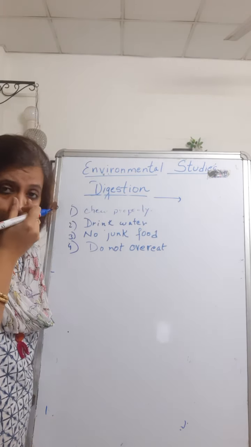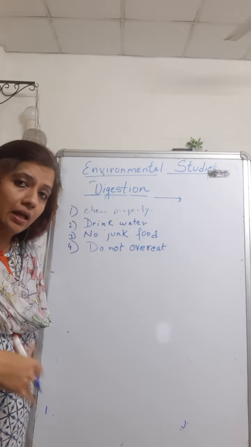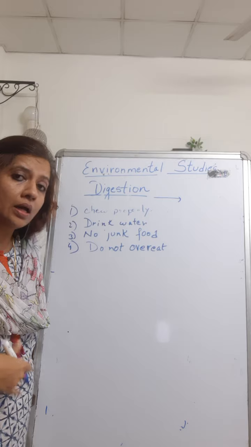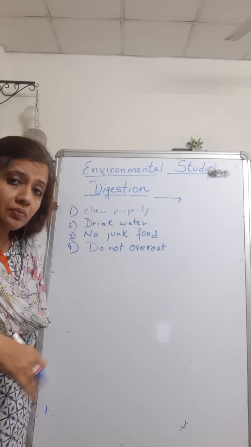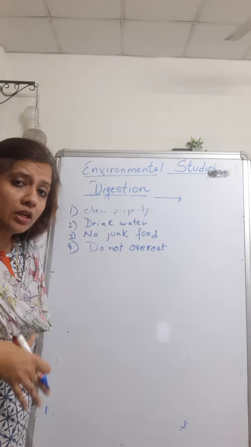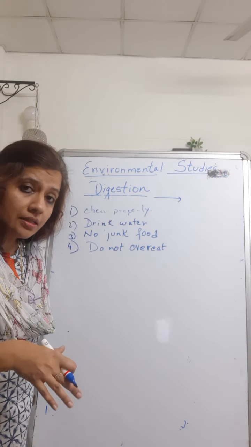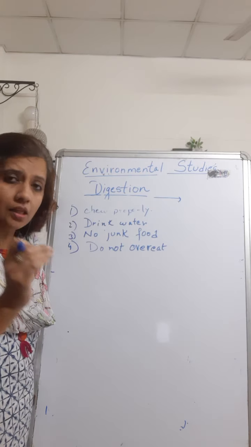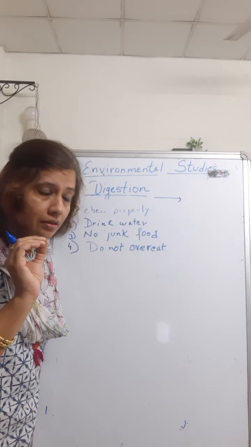And I've also explained each and every organ, the main organs, that is, the organs of the alimentary canal. You eat food from your mouth, it goes to the esophagus. From the esophagus, it goes to the stomach. It takes 3 to 4 hours for your food to get digested, and with the help of some digestive juices, breakdown of food takes place, and then it goes to the small intestine. In the small intestine, nutrients are absorbed again with the help of digestive juices. Then it goes to the large intestine, and from the large intestine it is thrown out of the body through the anus. This is all. 1 or 2 lines with this is sufficient for class 5.